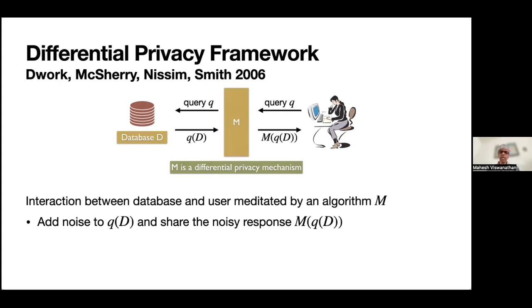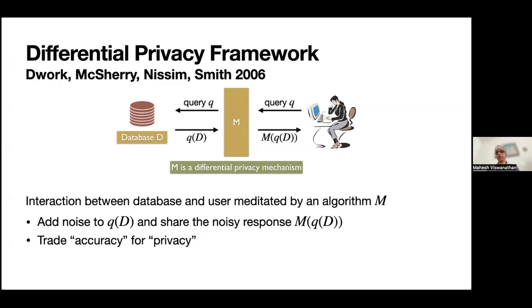The key idea in this whole setup is that the way the algorithm responds is by adding noise to any answer to a question that is asked. Essentially, if the accurate answer is some Q of D, then the response of the algorithm is going to be some noisy version of this answer. The idea in differential privacy is that to get privacy, you sacrifice accuracy of the answers that you're providing. And the key tension in this is always to ensure privacy while still providing useful